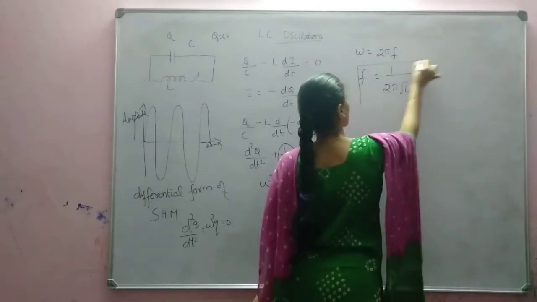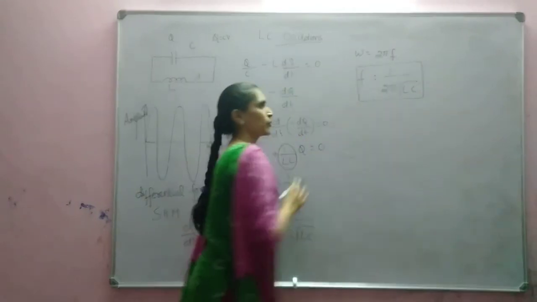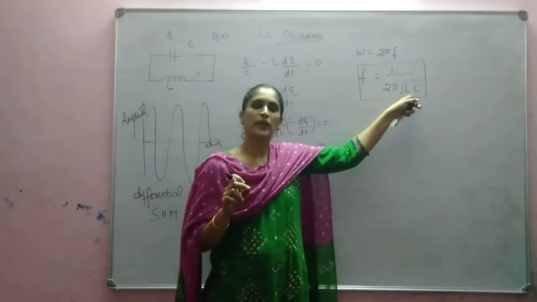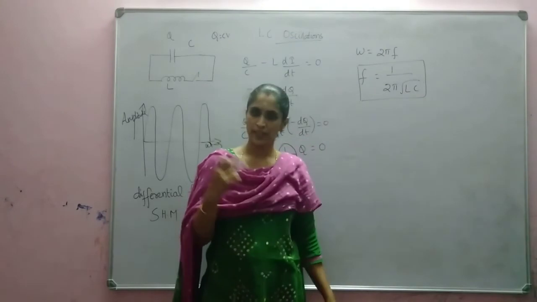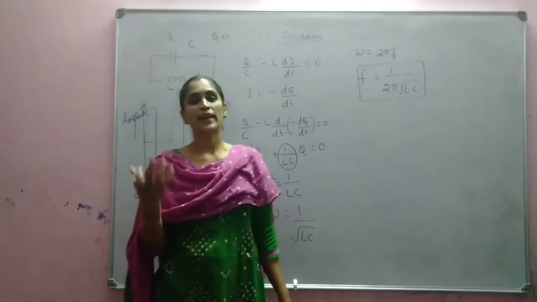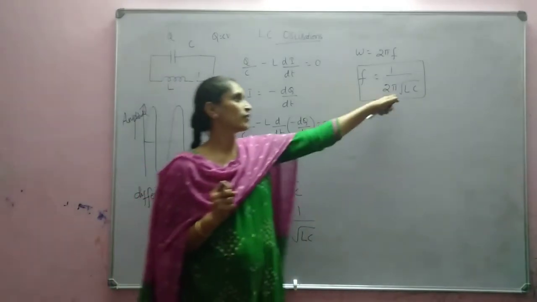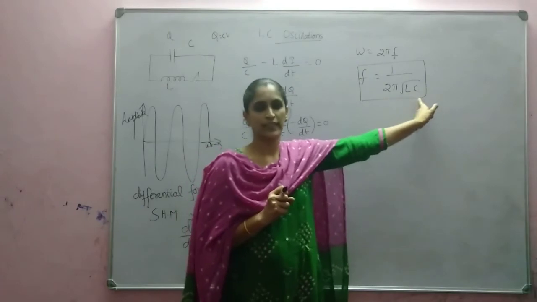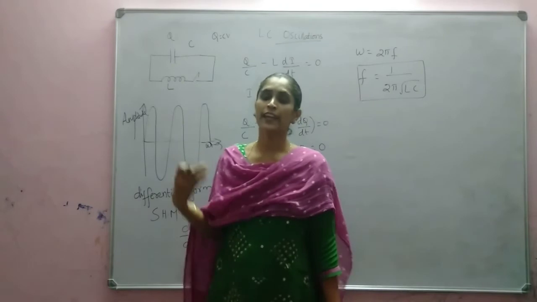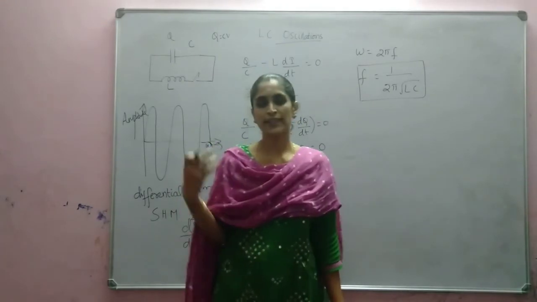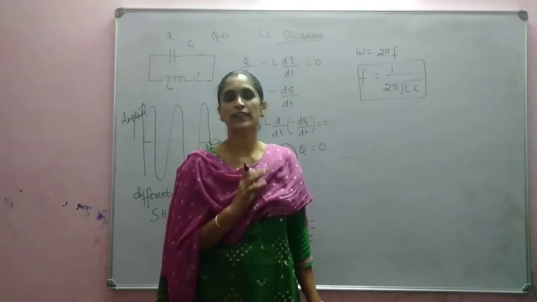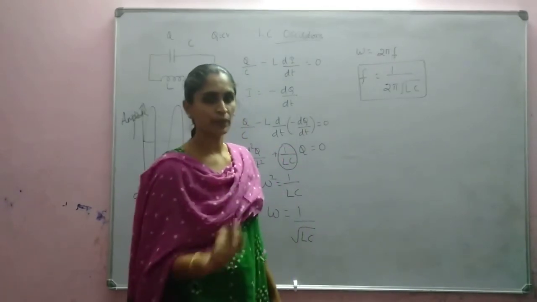The electrical oscillations we already discussed will be produced. So the frequency of oscillation is given by 1 by 2 pi root LC, where L is the inductance and C is the capacitance. Any electromagnetic radiation can be produced with suitable values of L and C. Is it clear? Now we can see the expression of energy: the energy stored in the capacitor and the energy stored in the inductor, and we can show that the total energy remains the same.